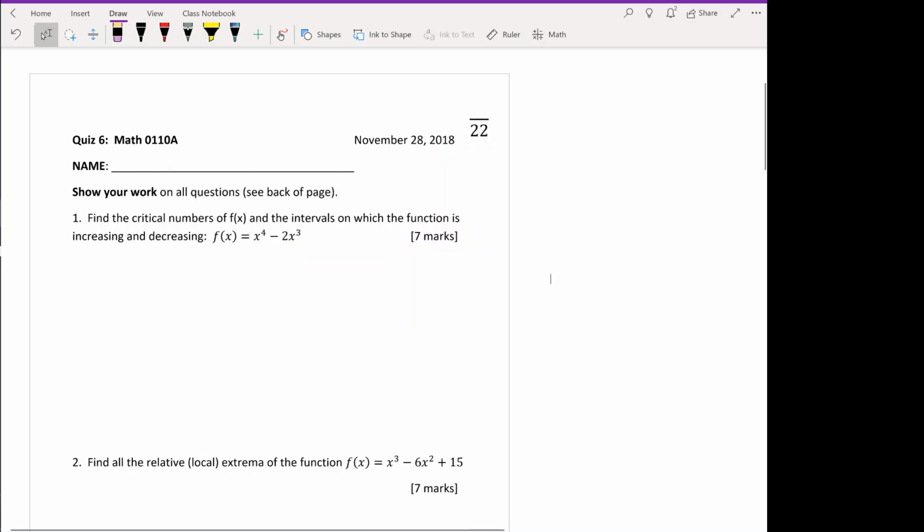Okay, the solutions for quiz 6. Okay, first question asks for the critical numbers of a function and the intervals over which the function is increasing